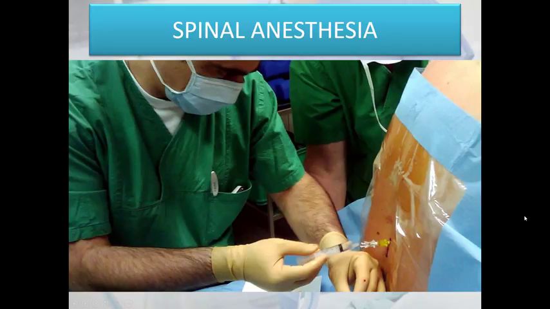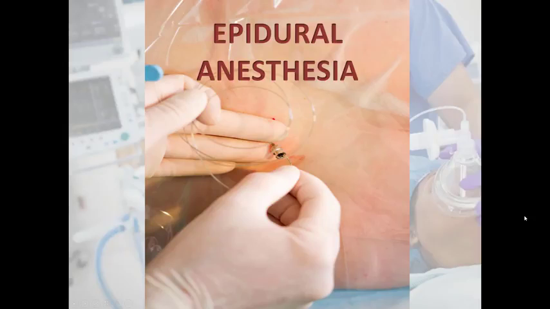This is the spinal anesthesia. How do we give spinal anesthesia? Epidural anesthesia, actually the method is slightly different. In spinal anesthesia we are giving a one-shot anesthesia, while in epidural anesthesia you can see here that there is a catheter that is passed. Okay, and the other thing is that, as the name suggests, in the epidural anesthesia this catheter is in the epidural space, while in the spinal anesthesia it is in the subarachnoid space.